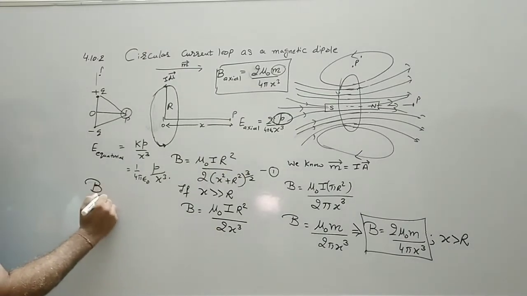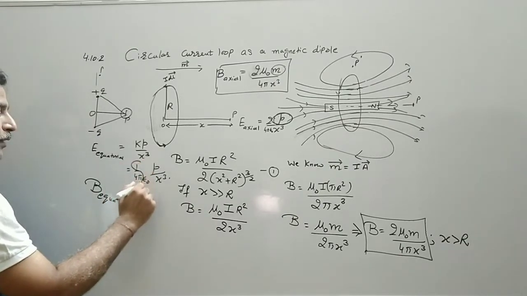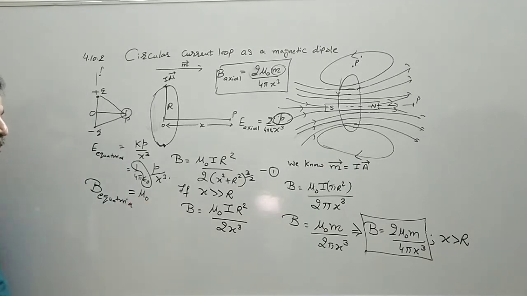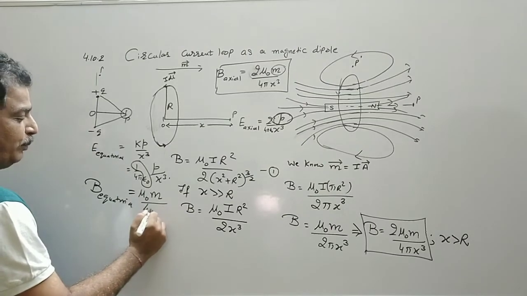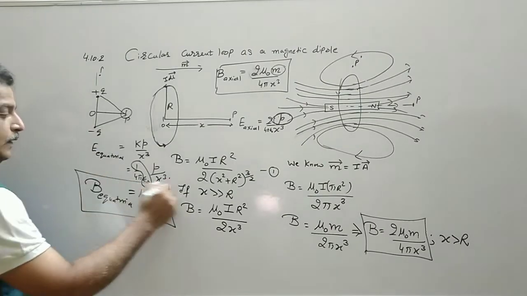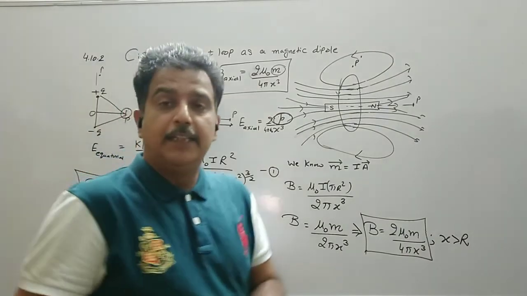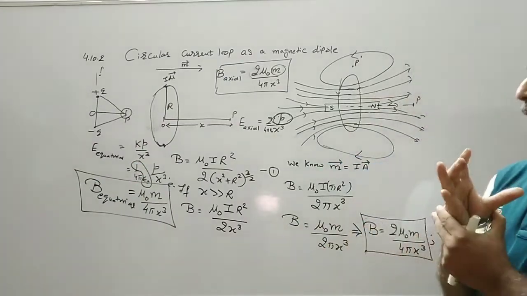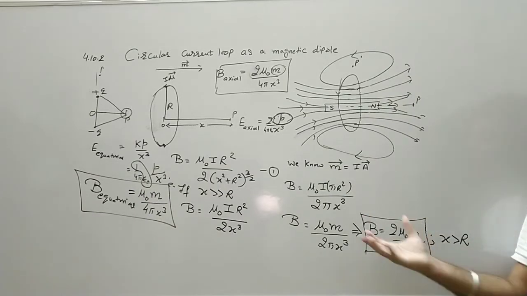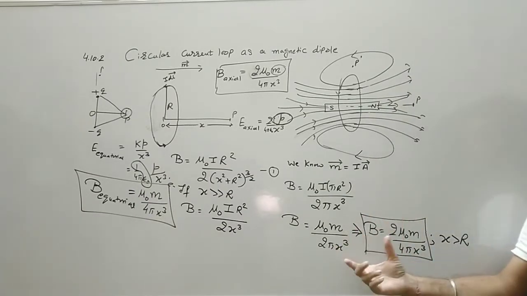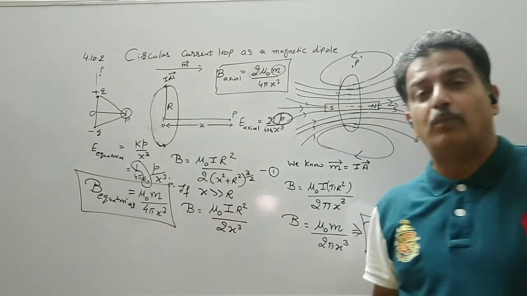Similarly, I can write the magnetic field at an equatorial point should be equal to, in the place of 1 upon epsilon naught, I write mu naught. In the place of P, I write M, and I divide it by 4 pi x cube. So this is the magnetic field intensity at the equatorial point. And in the next chapter, we replace this loop with a bar magnet. Again, the formula comes out to be the same, that is the magnetic field intensity along the axis of a bar magnet or along the equatorial point of a bar magnet.